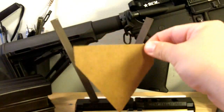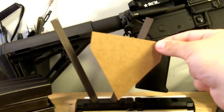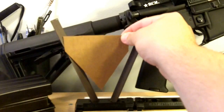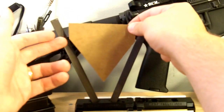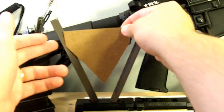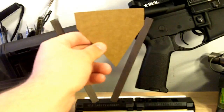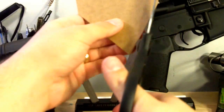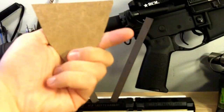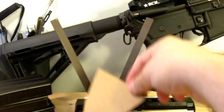So, say I brought home a knife that had an edge angle that looked something like that, and I want to bring that down to 30 degrees. Well, if I go ahead and run it across my Sharpmaker, you can see right here, I'm only hitting this top portion of the knife edge. It's just going to take small slivers one at a time, and typically it'll look something like this. So I'm working on both sides, and then I'm going to get something like this. So I've made progress, and I'm getting there, but I still need to work at it